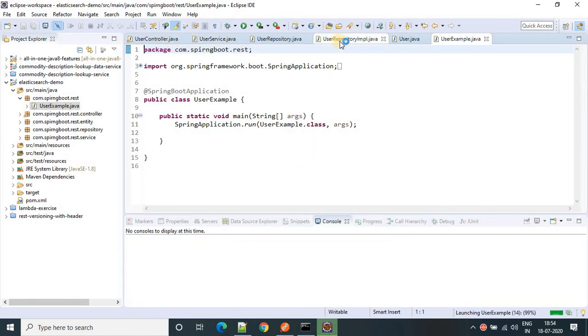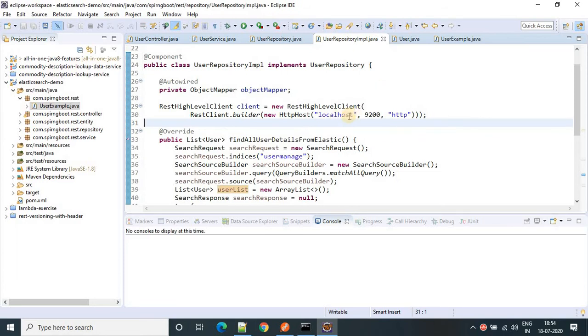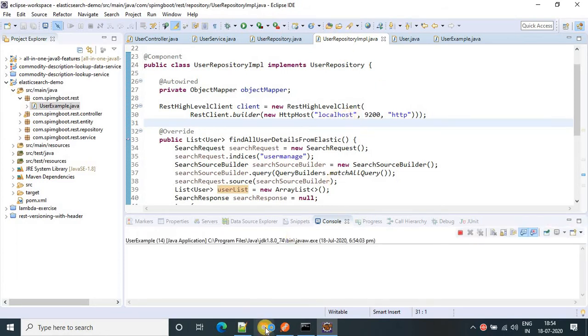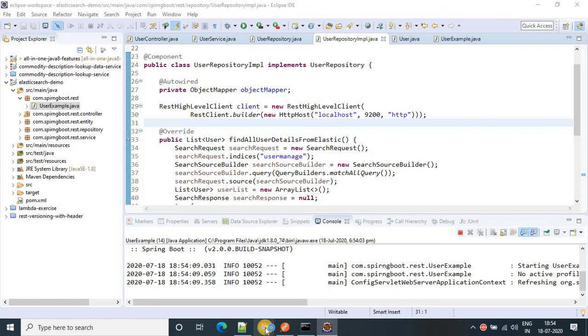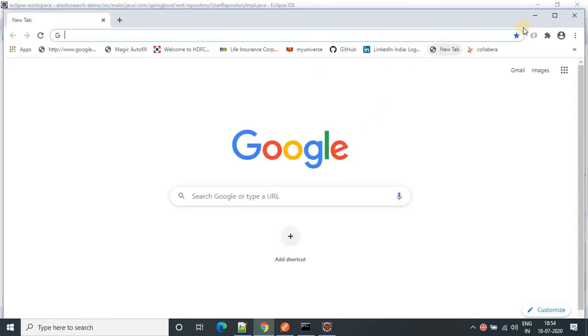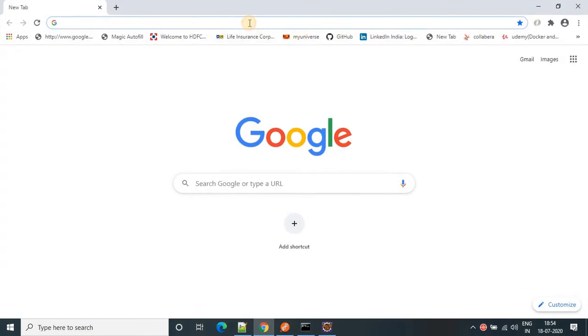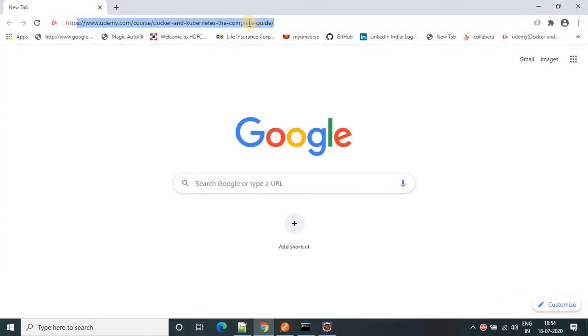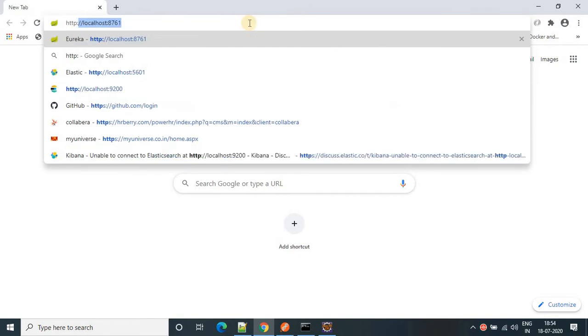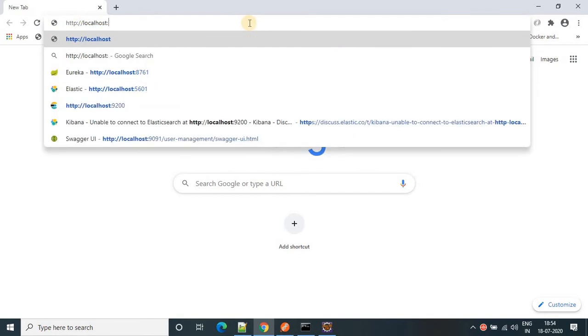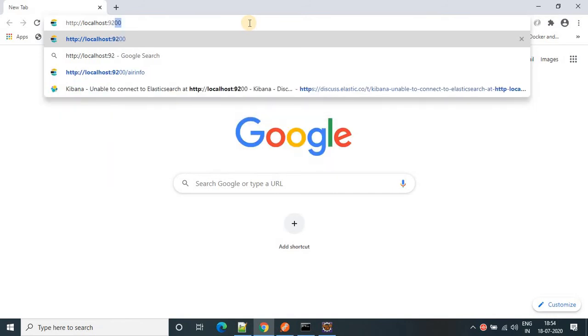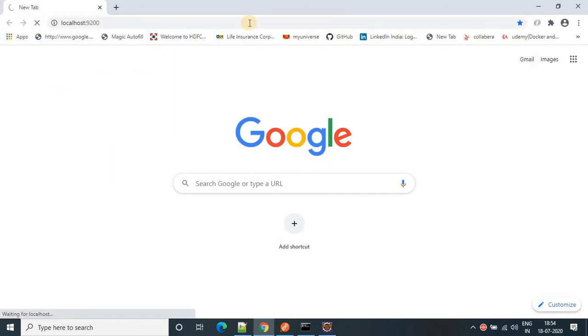If you are using a professional environment like your dev environment, test environment, production environment, you have to provide that host name, port number and protocol here. Let me run this Java application. And if you want to know whether your Elasticsearch is running locally or not, just go to the browser and use http colon localhost, and the port number for Elasticsearch is 9200, and hit enter.